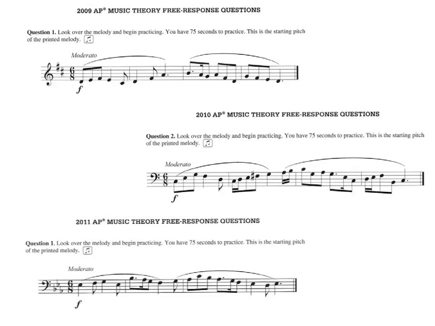And finally, we have the 2009, 2010, and 2011 sight-singing examples in compound meter. They're all in 6/8. Again, it's very important to know how to read rhythms in 6/8 time. Look at your key signatures and determine if it's in a major key or a minor key. Looking at the starting and ending pitches can help you determine if you're in a major or a minor key.